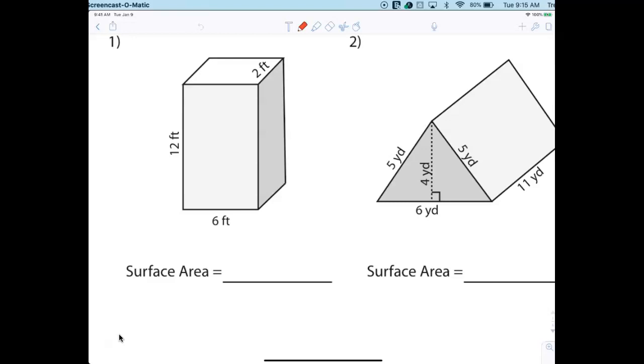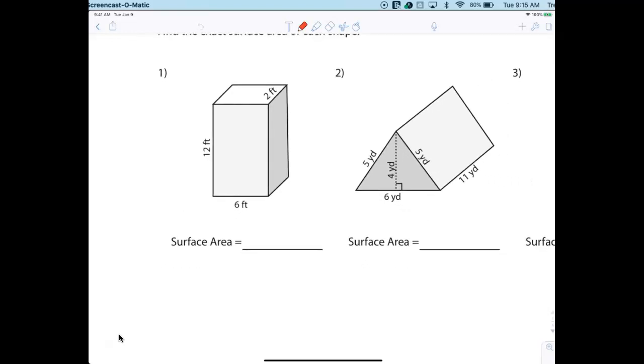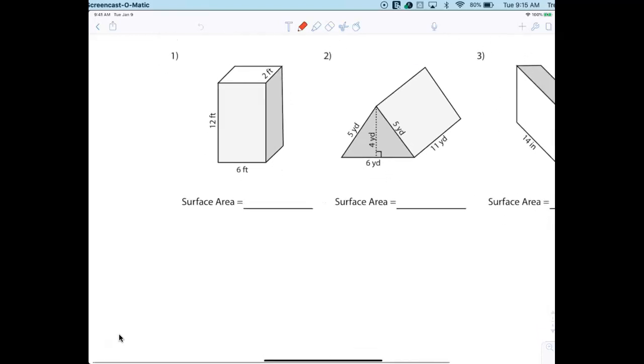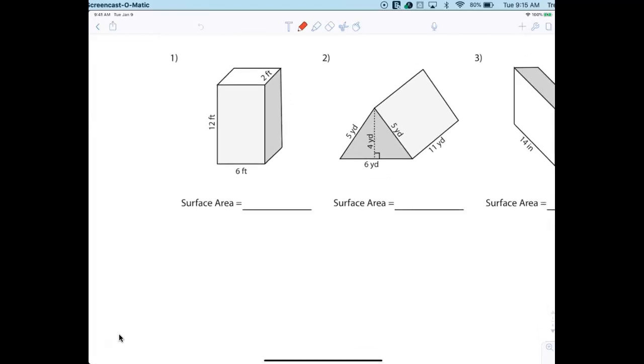Now, what we're going to do first is I'm going to ask you to draw a net. All right? And a net is just if you had to break it down into the rectangles. All right? So let me show you what I mean by that. What I want you to think about is if I were to cut it here, please watch. If I were to cut it here,